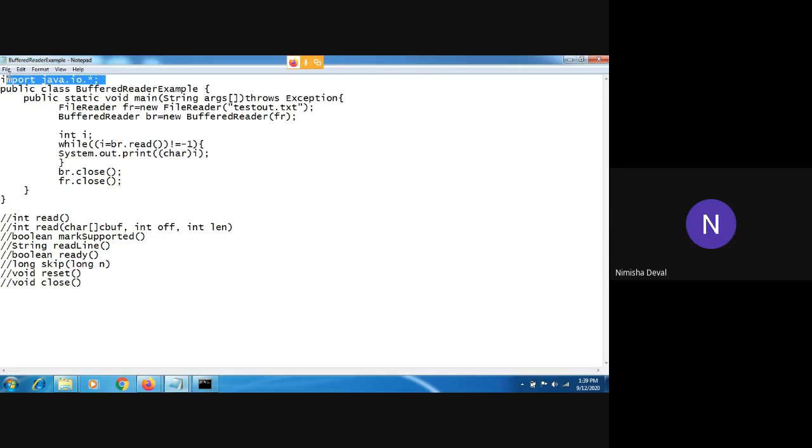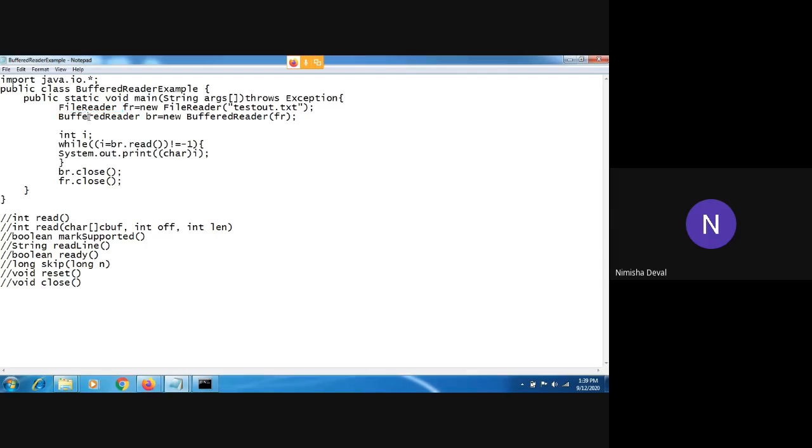As we need that stream, we have imported that package. Then this is the main method, which throws an exception if that file is not present, otherwise no issues. Here we have created an object of FileReader because we are reading data from the text out file. We are not writing any data in that file, we are reading data from that file. That's why we have created an object of the FileReader class.